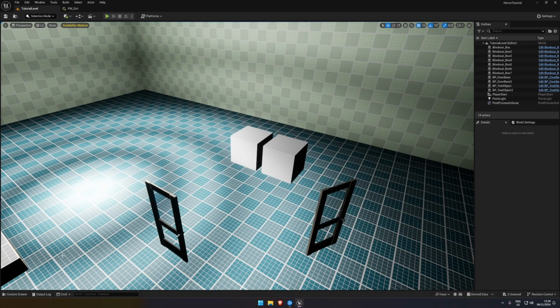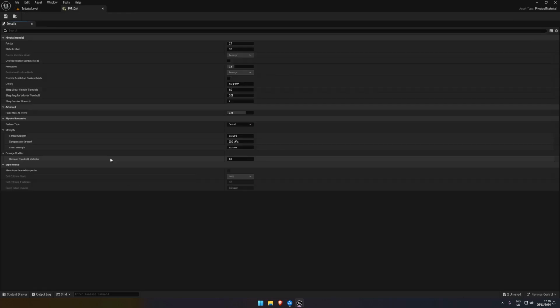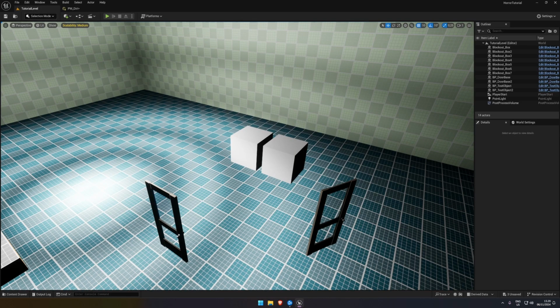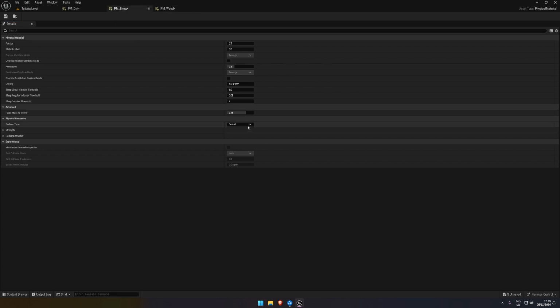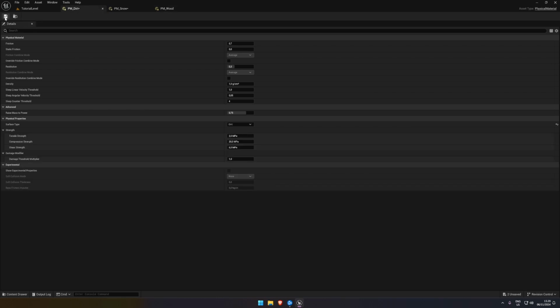Once you've got that, we can go back into these, and we can actually assign them now. So surface type, we can assign here. This dirt one, we're going to say dirt. The snow one and the wood. So we have snow, assign snow, wood, we assign wood. And the way you can use these now is,